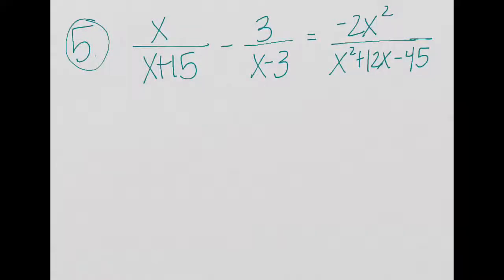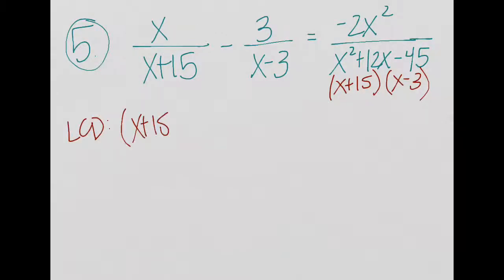First step to solving number 5 on your worksheet is finding the LCD. And so if we look at x squared plus 12x minus 45, first thing you want to do is factor that, and it does actually factor to be x plus 15 times x minus 3. So it looks like that's going to make up our LCD because we just have the x plus 15 and the x minus 3. So if the LCD is x plus 15 times x minus 3, we want to multiply